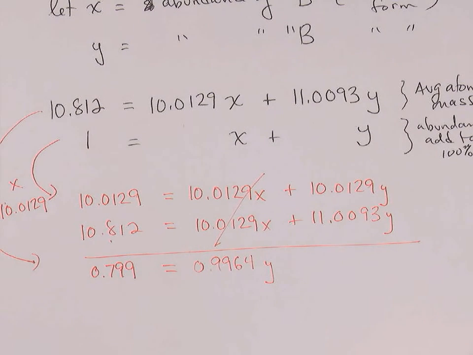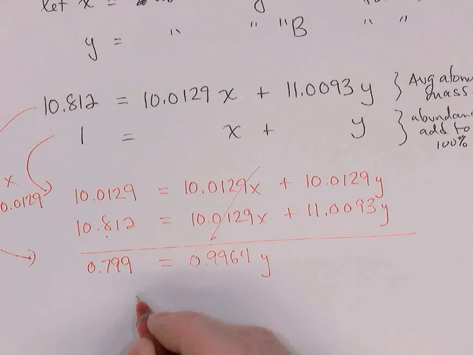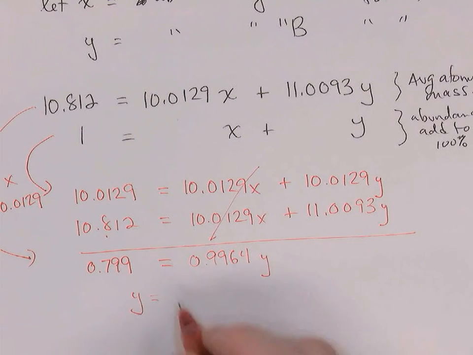And now we're going to divide both sides by 0.9964, and we get that y is equal to